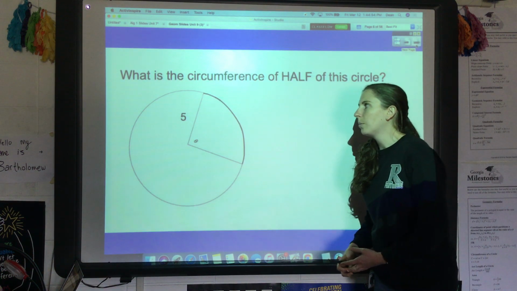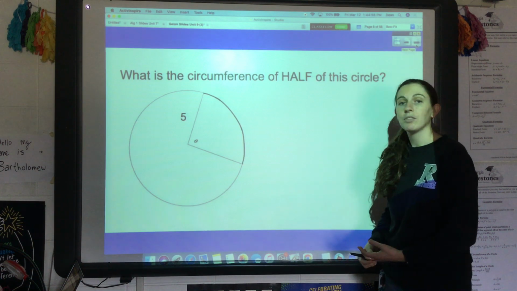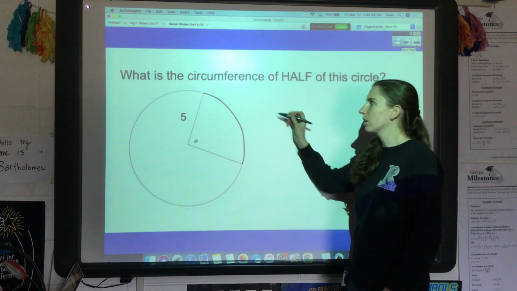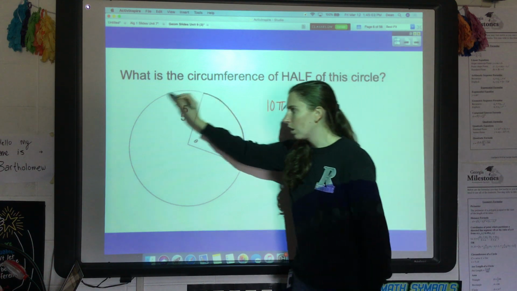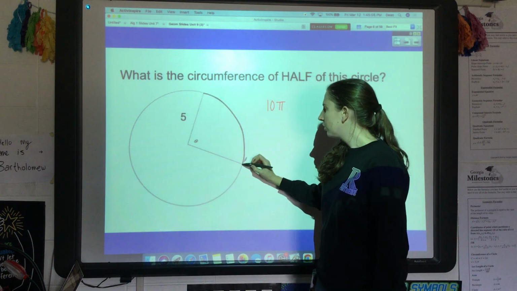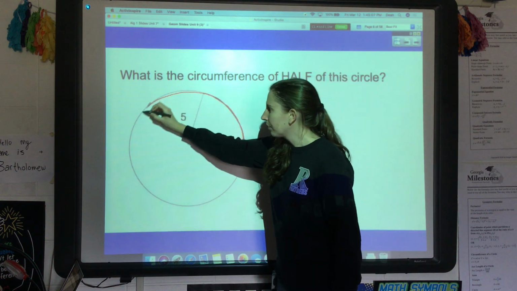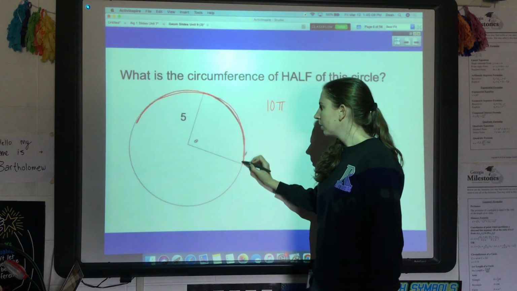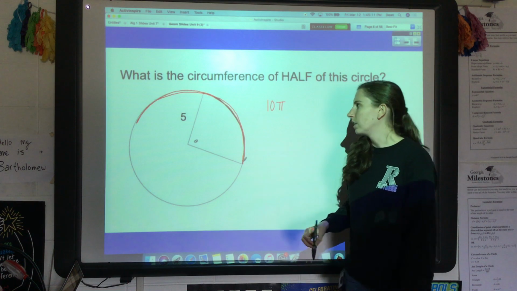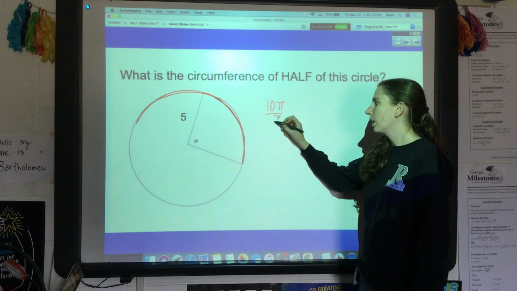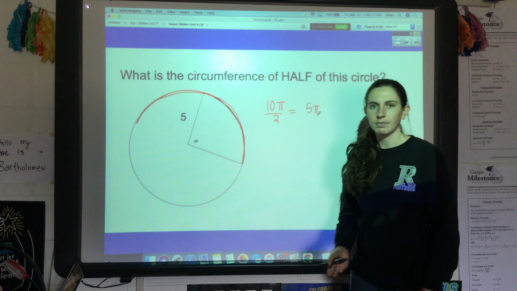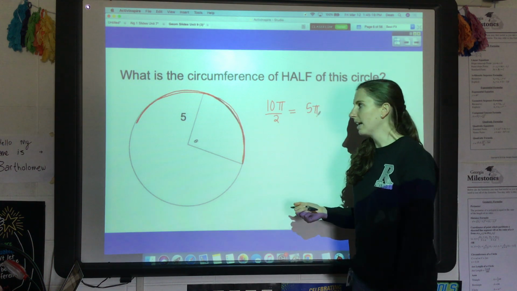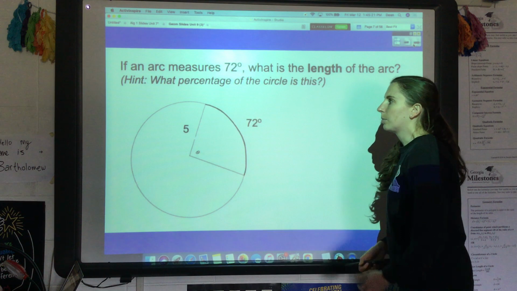All right, but now think about what's the circumference of half the circle. If the circumference of the entire circle is 10 pi, so that was all the way around, what would be just half the circle? What do you think? All we would have to do is take this and cut it in half. So that would be 5 pi. It's as straightforward as that. So now think about,